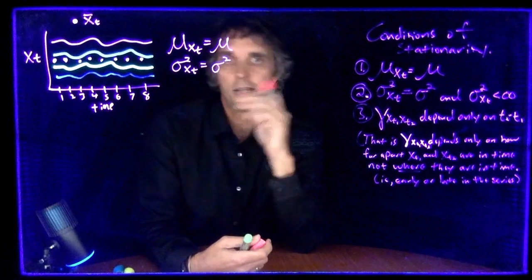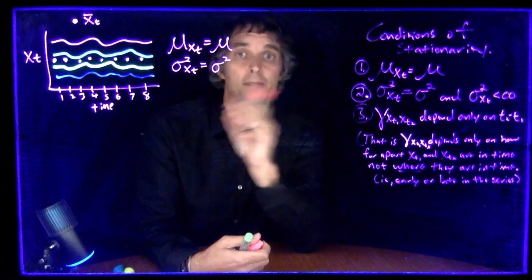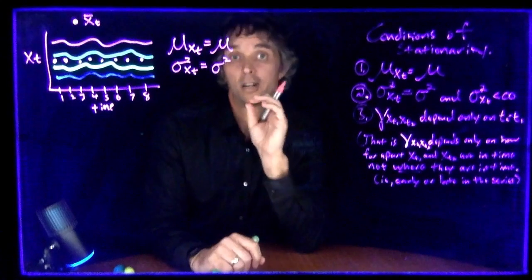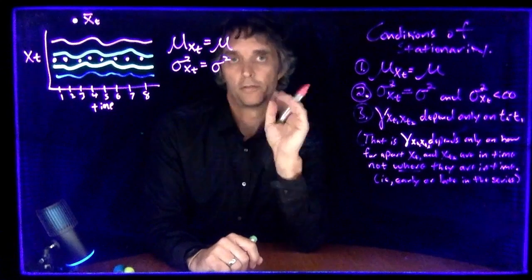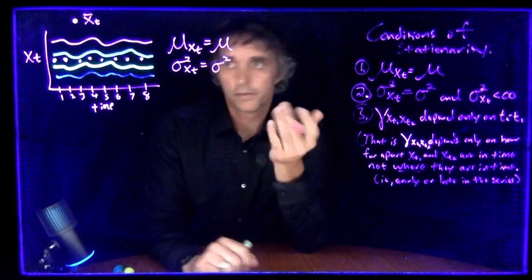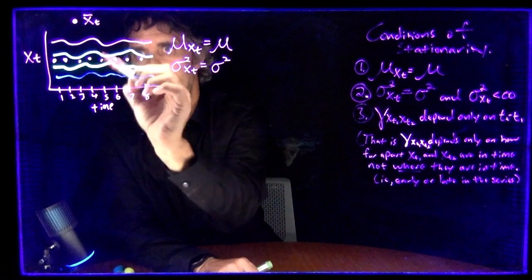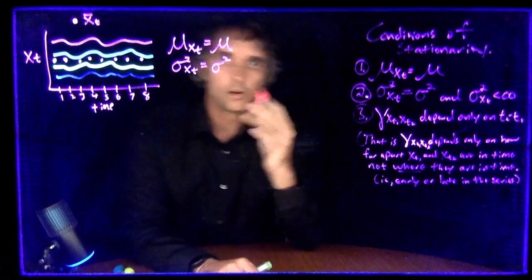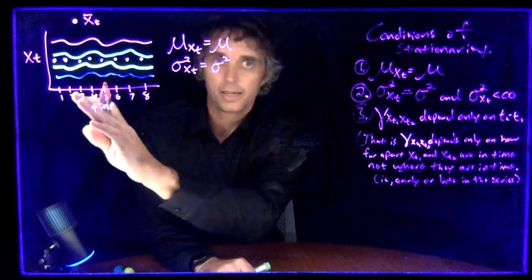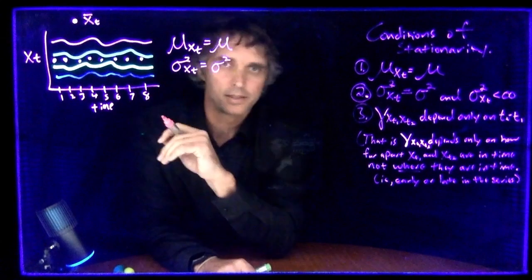All 4 realizations have the same behavior at lag 1. If one's below the mean at time unit 1, at time unit 2 it tends to be below the mean. Whatever side of the mean it's on, it tends to stay on that side from the first observation to the second observation. Is that true in the middle of the series? Let's look at 4 and 5. Yep, above, above, above, above, below, below, below, below. Those are behaving the same in the middle of the series as they are in the beginning,